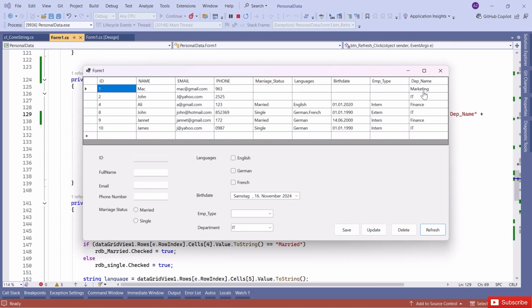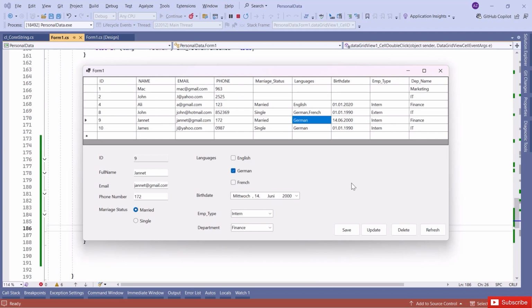Instead of that ID 123, you see now the department. For example, Ali works in the finance, John works in the IT, and so on. As you remember, I add another column which name is working time. In the next video, I will show you some interesting things about this column and see you in the